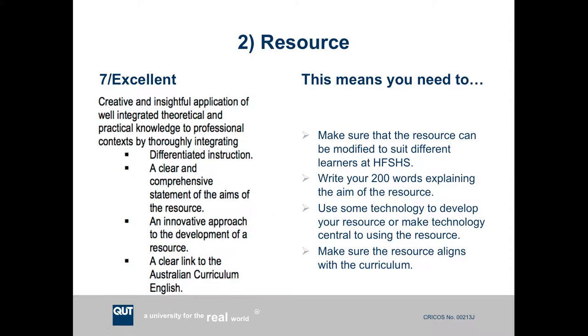This is the second part to the criteria for your resource. This is where you're going to think about how your resource can be differentiated. You don't have to create several different versions of your resource, just as long as it can be differentiated and that's clear. You might mention that in your 200 words, how it can be differentiated, but make sure that your resource can be differentiated to suit the different learners at Hartfield. You're going to write your 200 words explaining the aim of your resource, and that will be